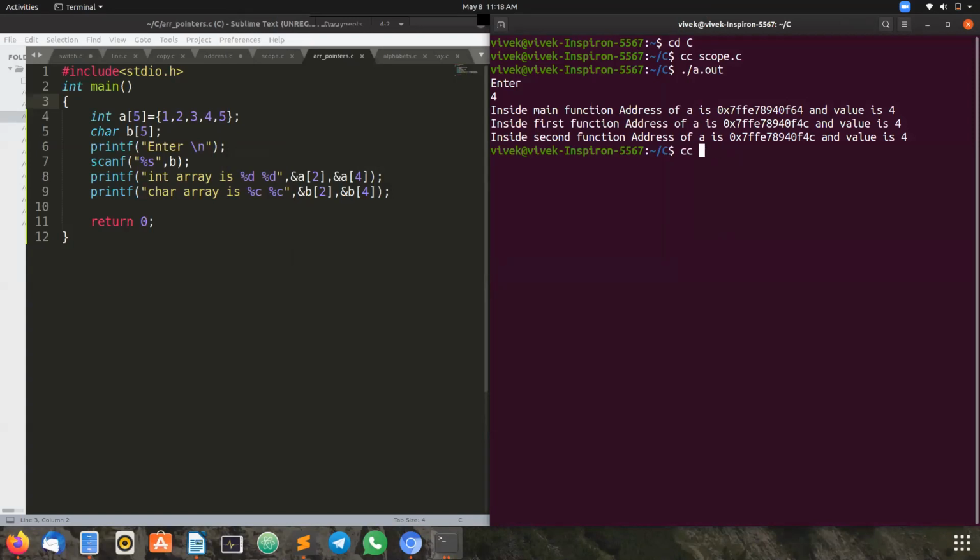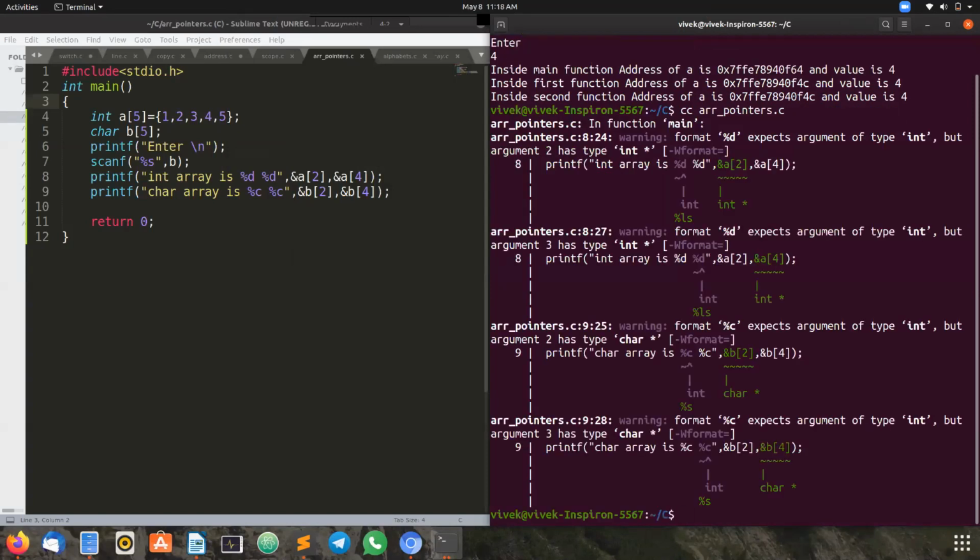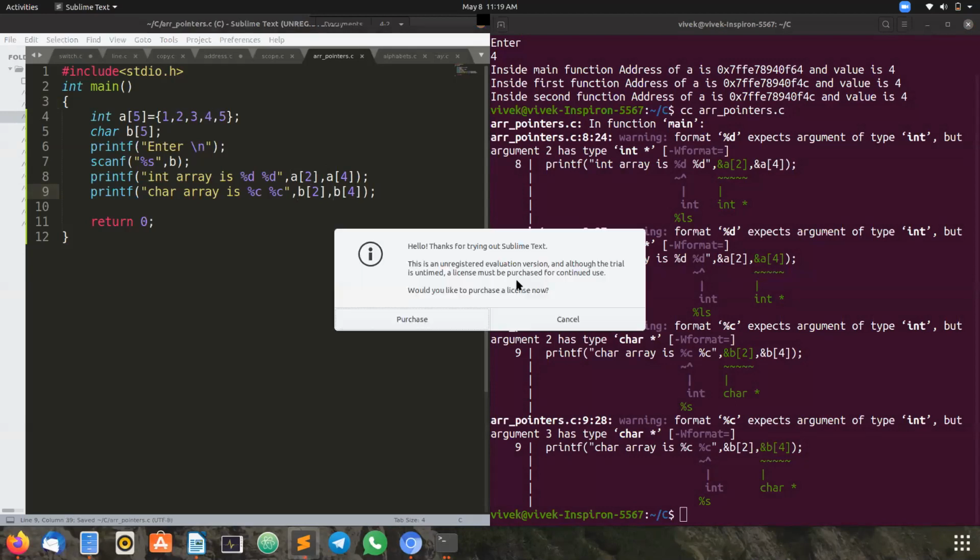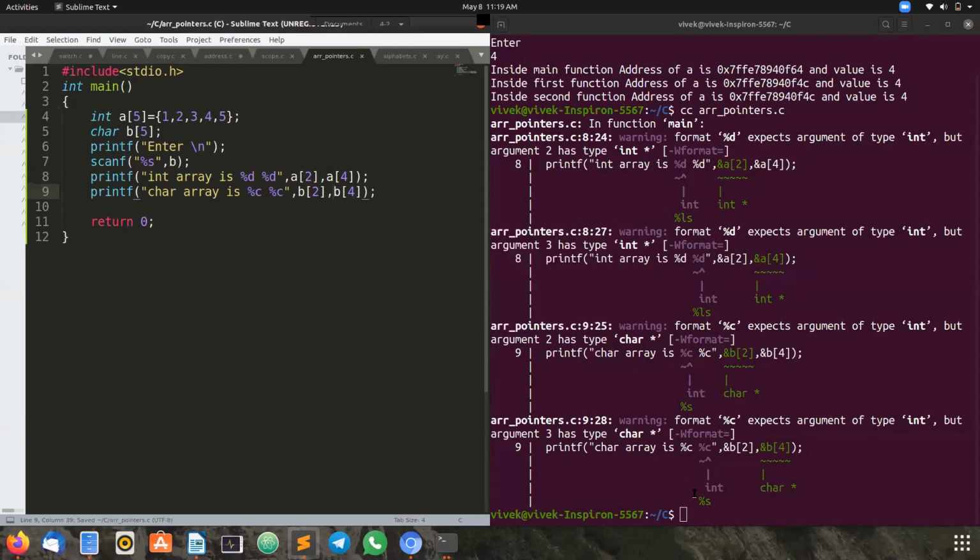I hope you can see both program and output now. I have put the ampersand symbol, that is, I'm printing the address. We have to print the values.